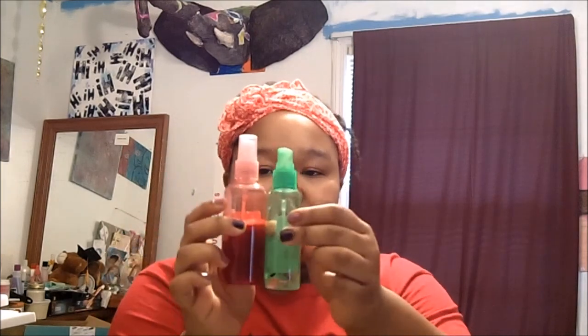Sorry. These are the ones from Walmart. I used to buy these. These are 97 cents. This is the one off of eBay, and this is 100 milliliters, almost 3.5 ounces. You see the big difference. There's a huge difference. This holds way more stuff, but